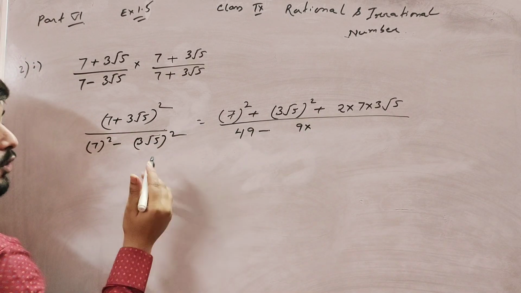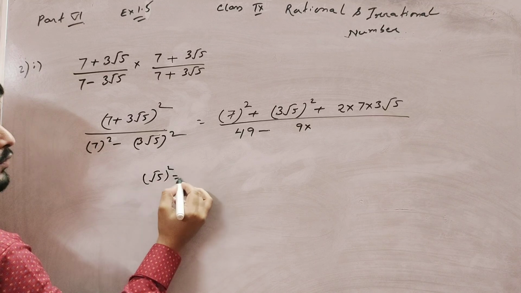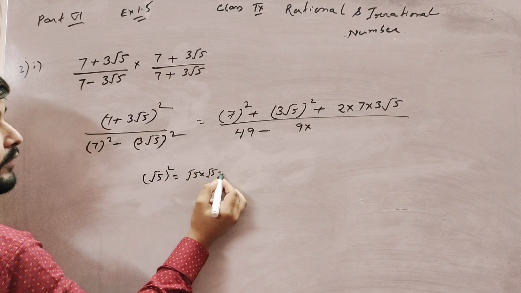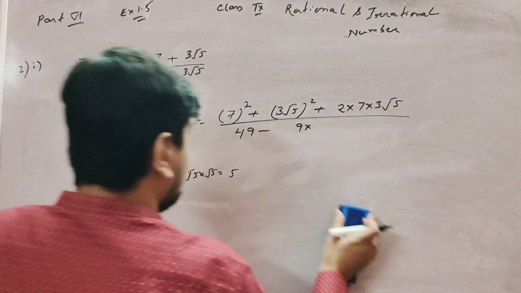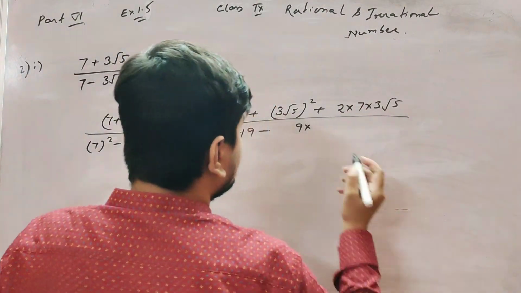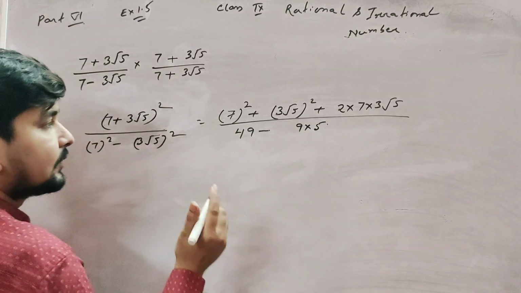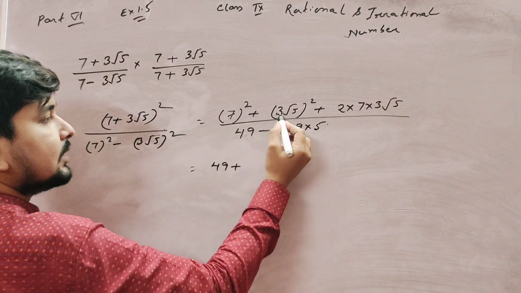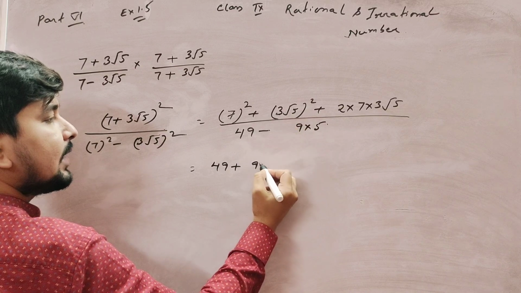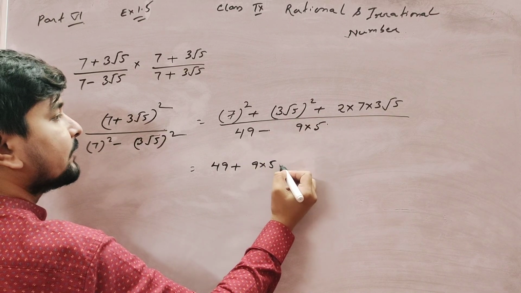Root 5 square means what? Root 5 into root 5. That means a single 5. So 9 into 5. Clear? 7 square is 49 plus 3 root 5 square, 3 square 9 into root 5 square, it's 5, plus